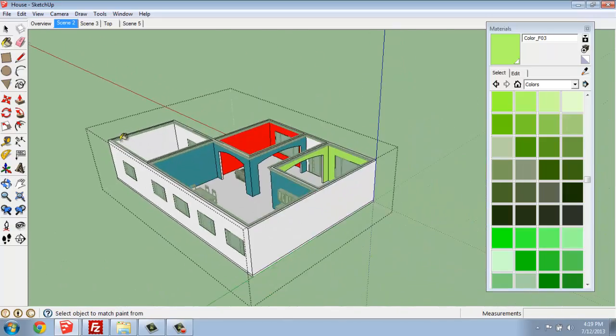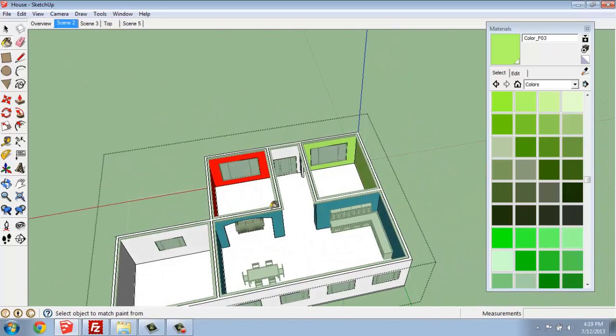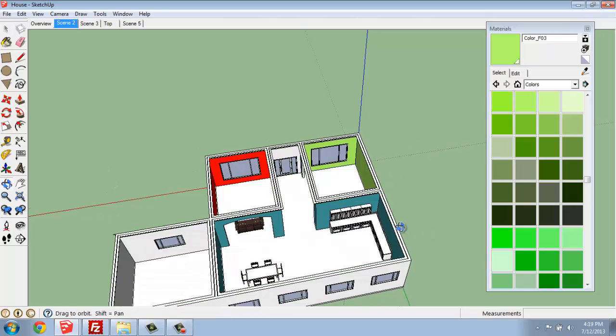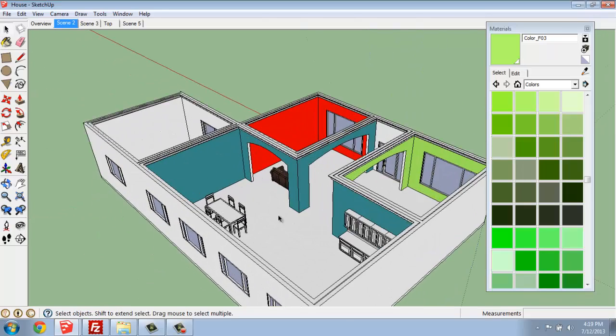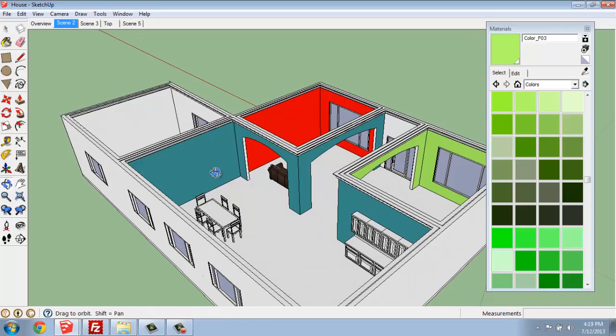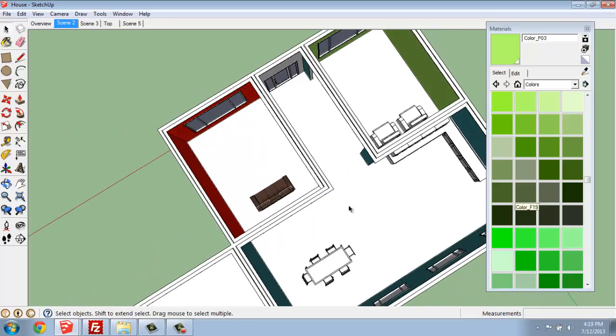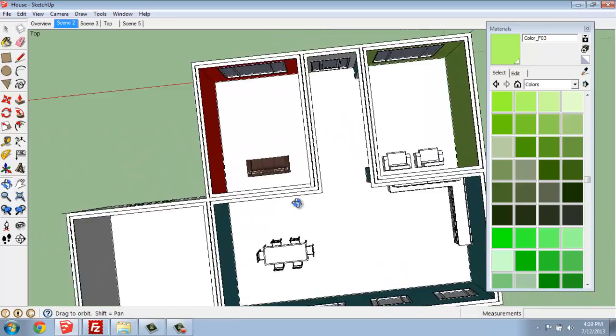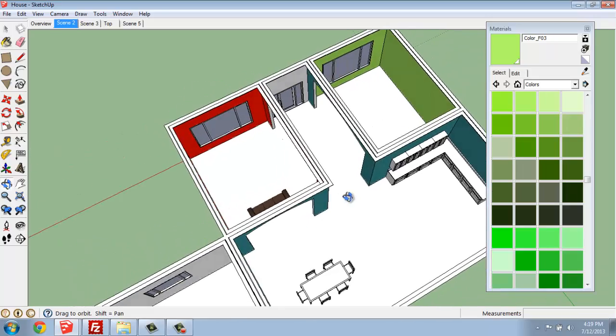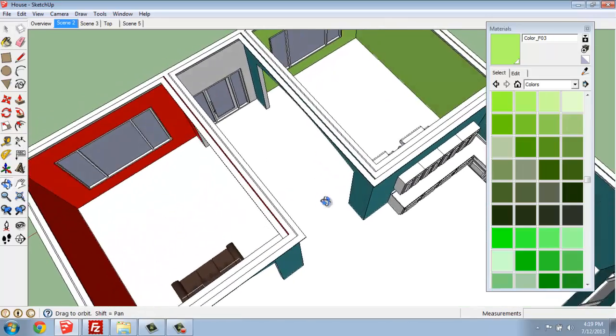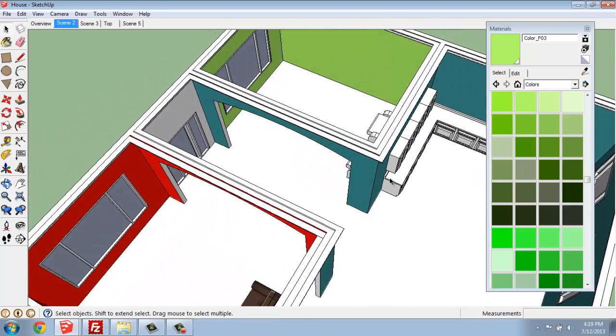Okay, so that worked out pretty well. And when I'm done, I can just select out of it, and my group is back, but now everything has been painted a different color. Now if I wanted to put something on the floor, for example, you'll see that this is all one continuous space, so I'll have the same material throughout. I very well might want that, but if I don't, what I'll need to do is go in and separate it into separate